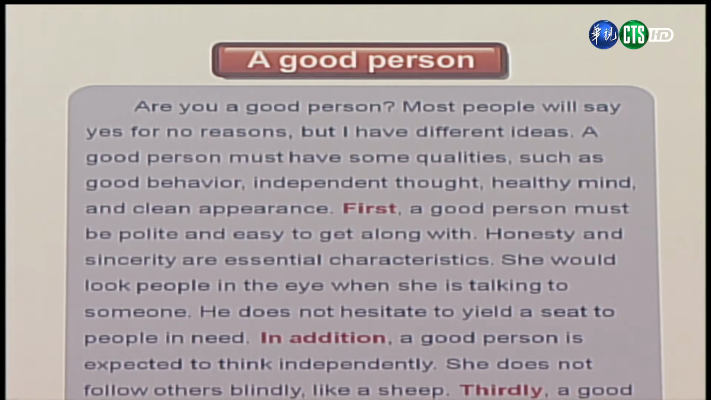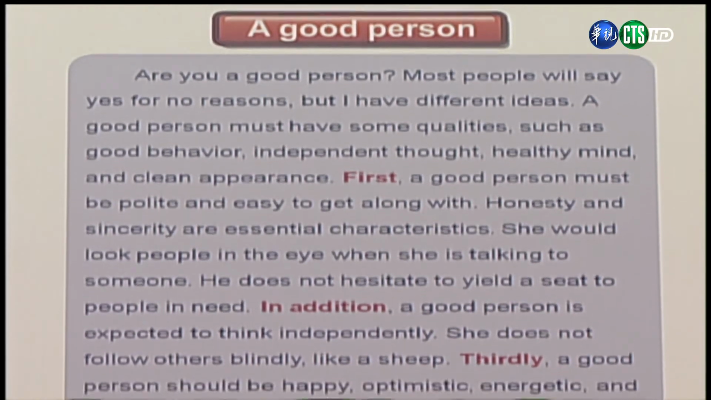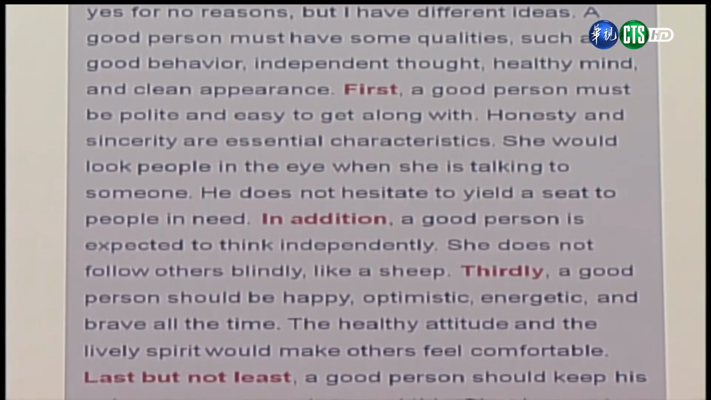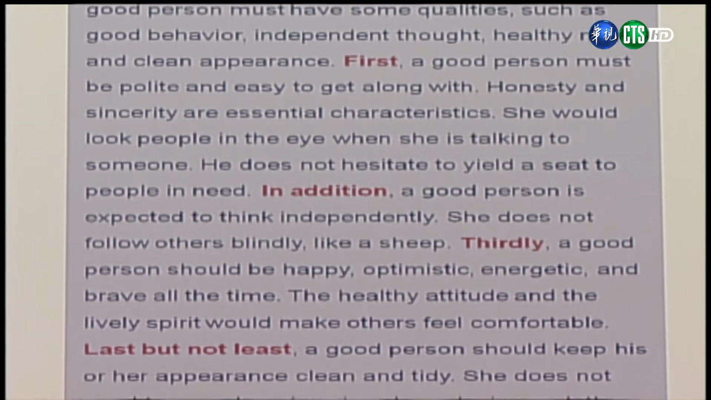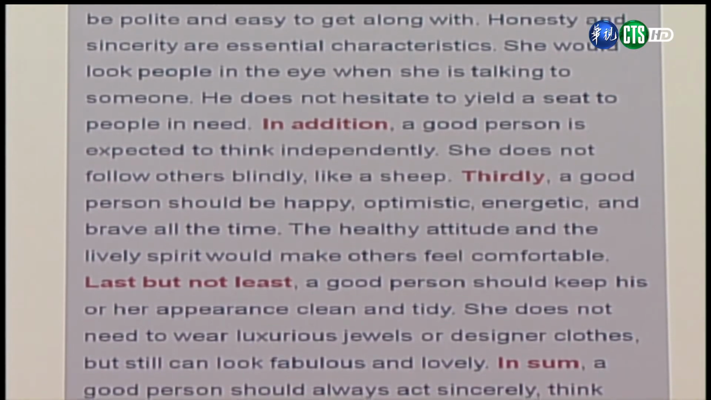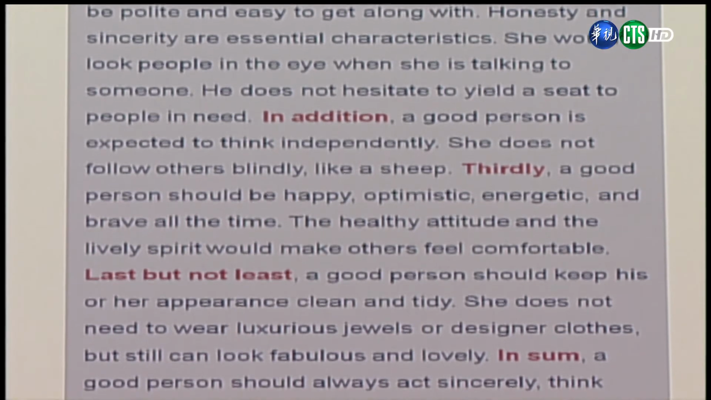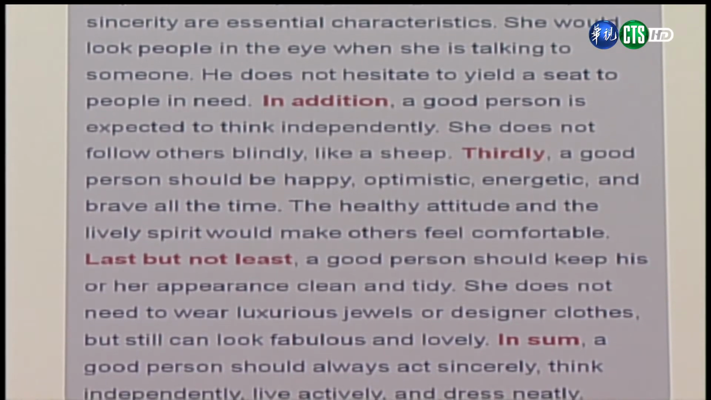So we see the first one is marked with first. 好，我们可以看到第一个部分，它用 first 第一哦来做一个标示。 And then later on, we have in addition, thirdly, last but not least, in order to mark other key points. 好，那接下来我们会看到他说了 in addition 就是再者哦，接下来其他的 thirdly 我们说第3 last but not least 最后哦，这些都是常常来使用的转折语。 And then at the end, we have the word in sum to mark our conclusion. 好，那到了最后结尾的部分呢，我们用了 in sum，也就是总而言之来作为一个结尾。